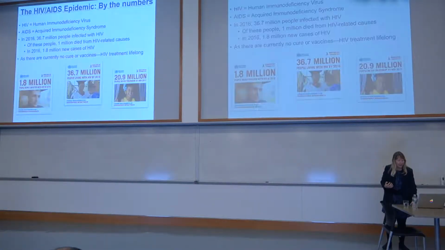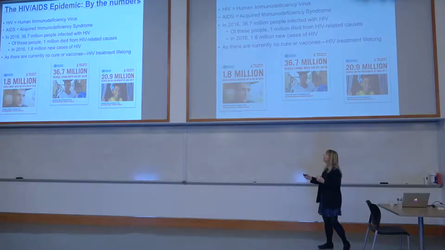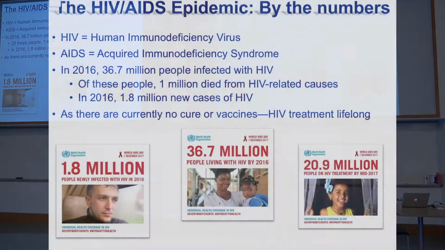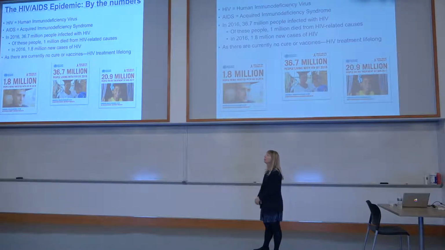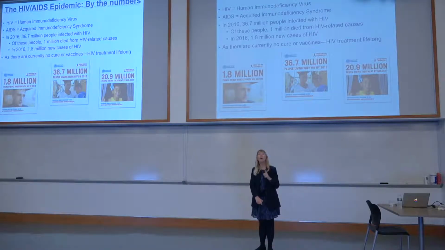First of all, let's think about the epidemiology. These are some of the numbers for AIDS. It's still a worldwide epidemic. As of now, over 37 million people are infected with HIV, and there are roughly 1 million to 2 million new cases a year. The problem is that there are currently no cures. There's actually one person, as you have probably heard, called the Berlin patient, who's been cured by a stem cell transplant. But there really aren't any cures yet or vaccines.